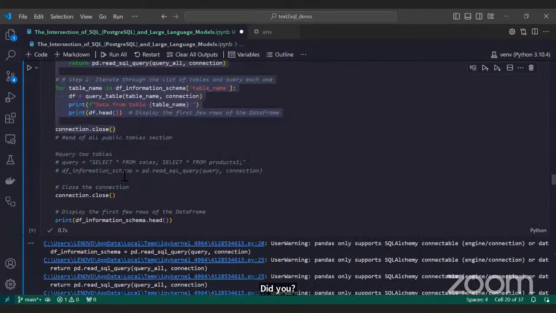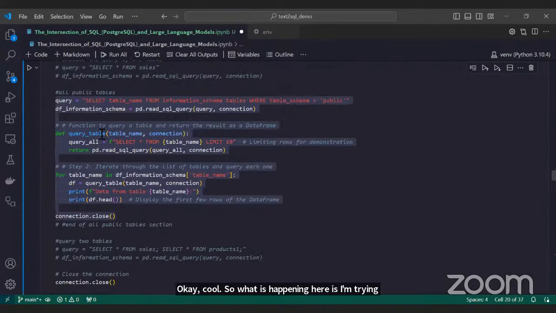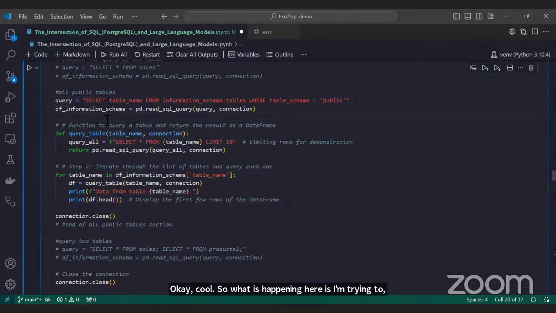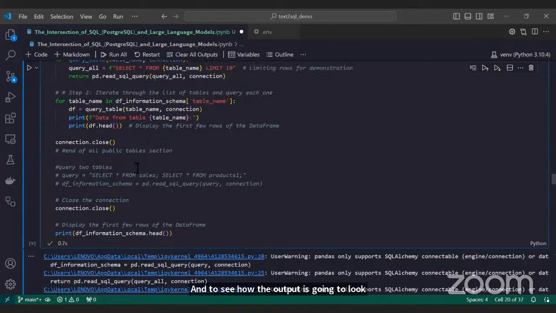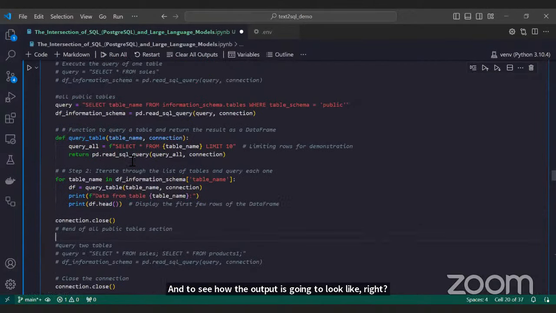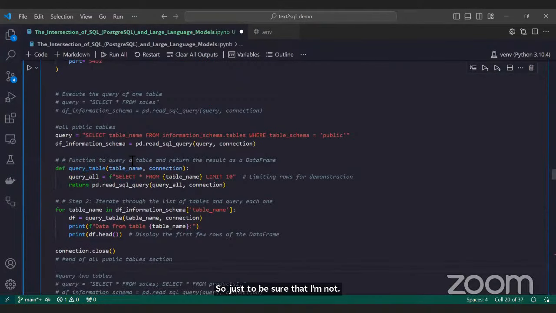Okay, cool. So what is happening here is I'm trying to merge the three tables I have together to see how the output is going to look, just to be sure that I'm able to pass the three tables in my database together. Now, if you go back to our first illustration where I spoke about data selection, that part is very essential in the sense that over time you want to go back and retrain